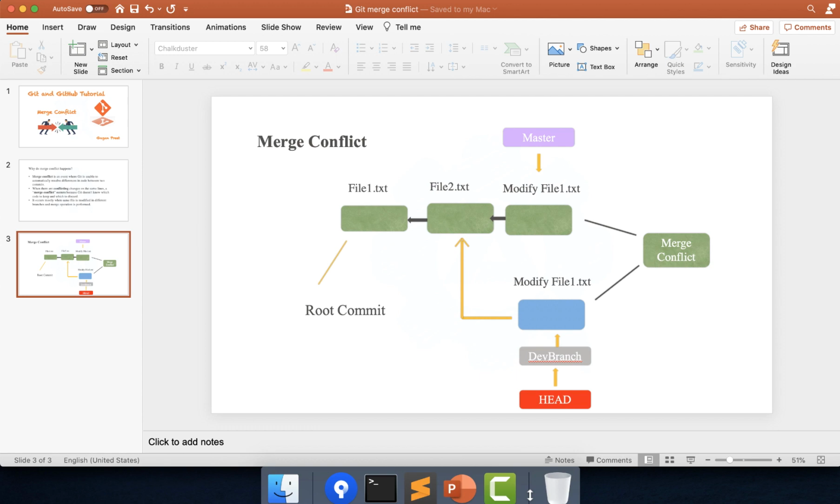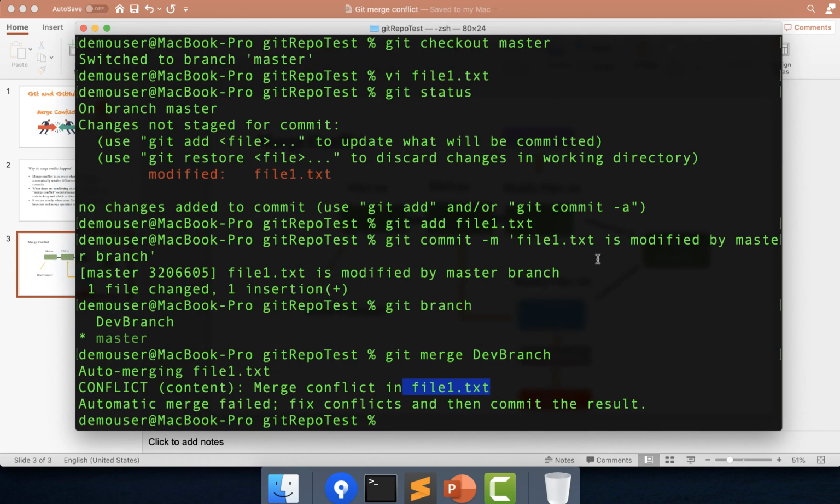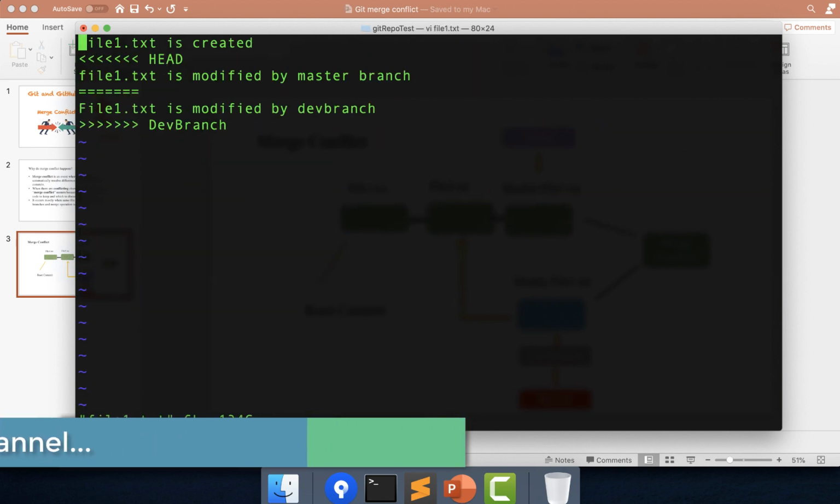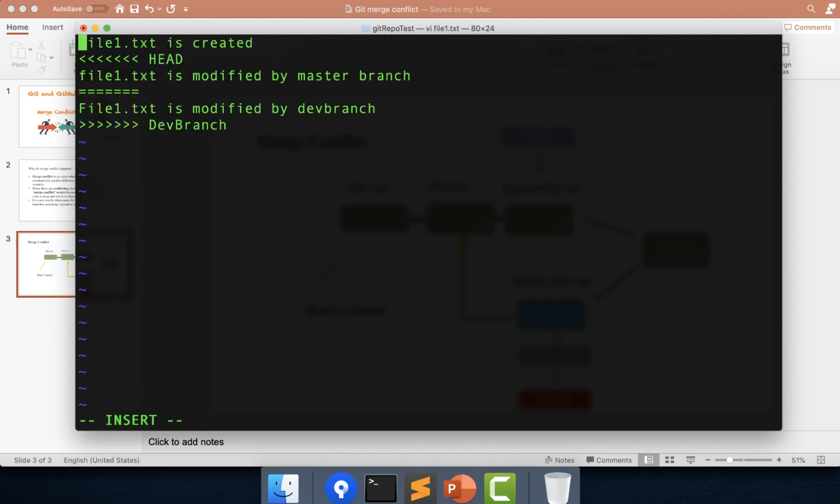So for that, it is very easy. I will just do an edit operation on the particular file. I will say vi and the file name, it's here. So now you can see there are few changes that's mentioned over here for this particular file. Since there was a conflict, you can see two lines are added over here. The first line over here that you can see is from master branch, the change that we have made, and this line is from the dev branch, that's the second branch we have made. And because these two lines are conflicting, this particular merge has failed.